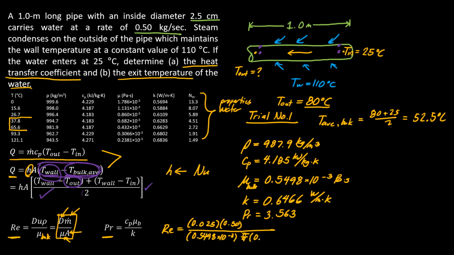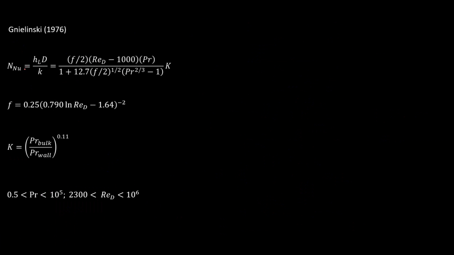Reynolds number is 56316.46, and we can obtain an appropriate expression for the Nusselt number based on the Prandtl number and the Reynolds number. Now actually I have one prepared here, and this is an empirical equation for the Nusselt number by this author,